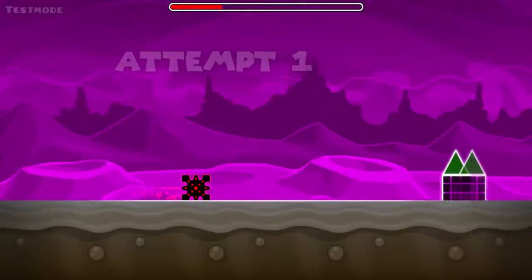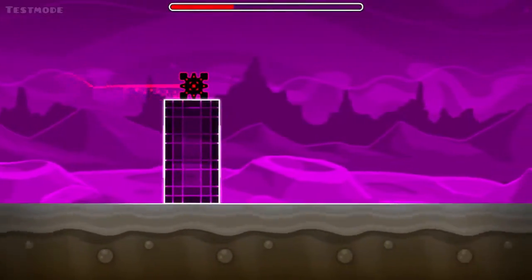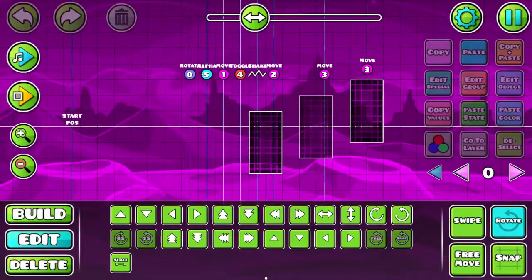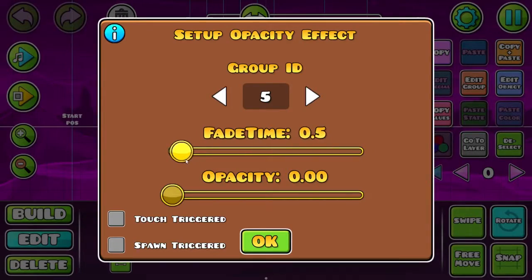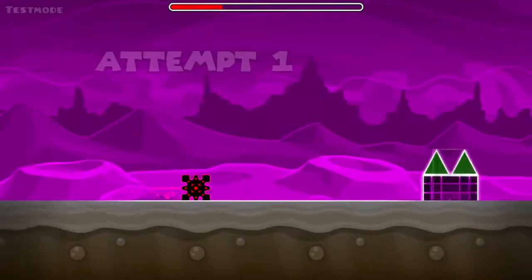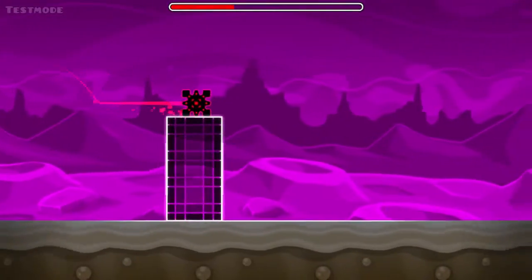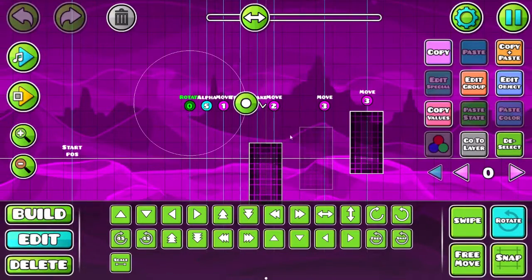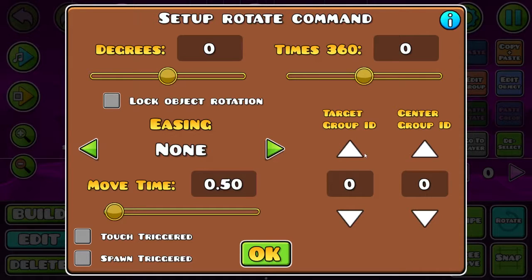Okay, and you see it just fades right away. So we'd actually want to have that a faster fade time, like 0.5. So now it's gonna fade, which is pretty cool. So the last one is rotate, which we're gonna do, and let's set that to group,